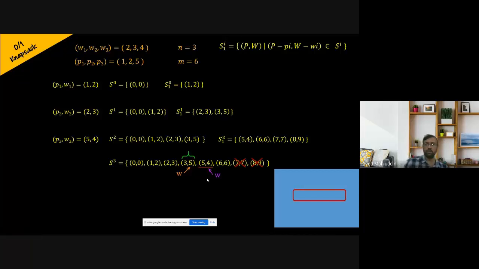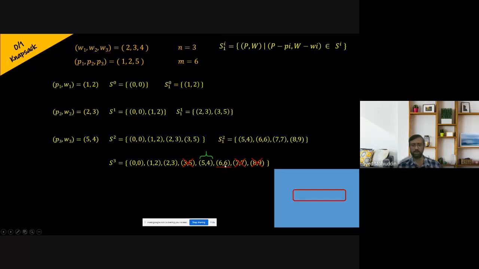Is it possible? Well, if we put more items, then we'll get more weight and more profit. So more weight means more profit. But here we see that when we have computed, the profit is increasing while the weight is decreasing. This is not possible. So the previous element will be purged, excluded from the set. Then we will see the next two elements,